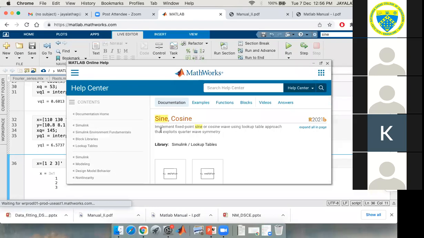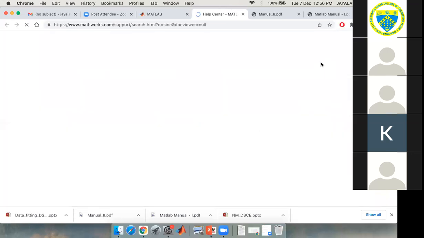If you have registered for the 30-day trial version, I suggest you go through MATLAB Onramp. It will be there on the home page of MathWorks. Any tool for that matter nowadays, you just go to the help option. It will explore all the possible commands and give you the documentation.